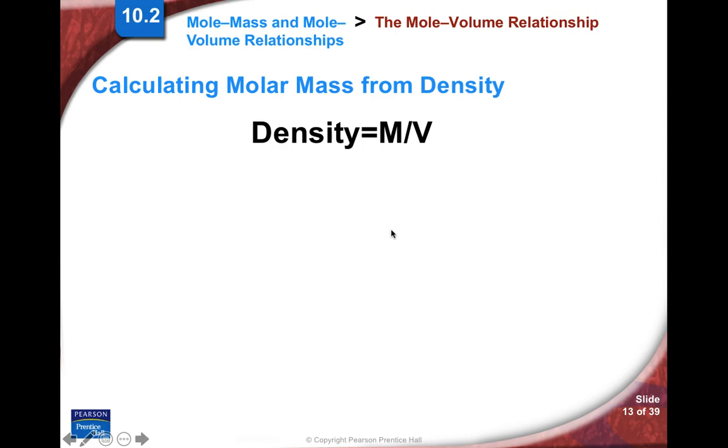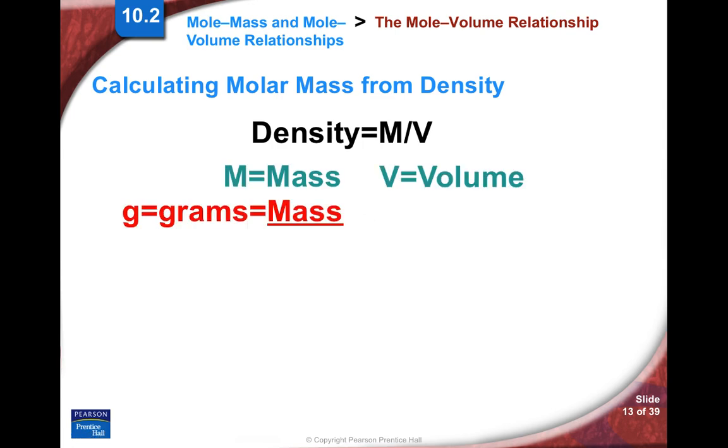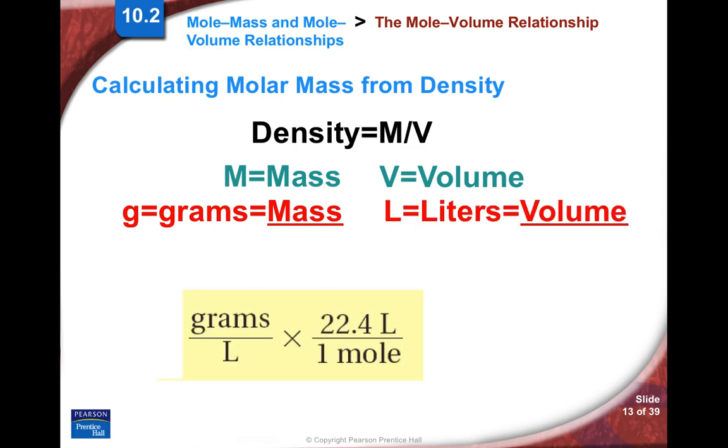Density. You know DMV. Density is mass divided by volume. Mass is measured in grams. Volume is measured in liters. So grams per liter. If we got a sample of gas and calculated its density, it doesn't matter what size sample it is. It doesn't have to be exactly 22.4 liters. But if we could get its density, we can then multiply, if it's at STP, which is another thing that they don't really emphasize in the book, you could then multiply the density times molar volume, 22.4 liters per mole,